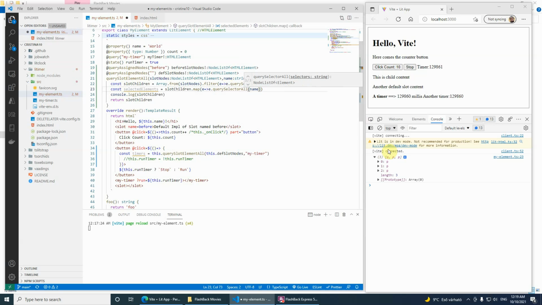That is, for each of the paragraphs we are invoking the query selector with the name paragraph,